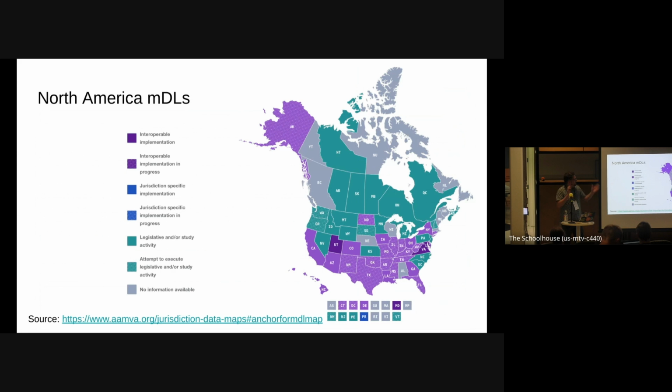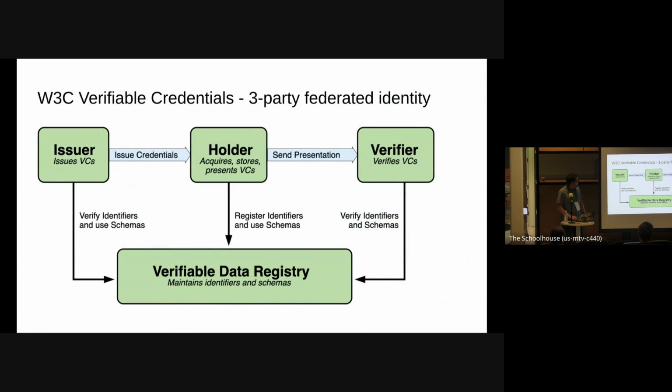Let me expand a little bit more. It's not just California. Much of North America is now rolling out mobile driver's licenses, at various stages. W3C has been working for a long time on this thing called verifiable credentials, and these are all types of verifiable credentials. The key thing that makes them different, and it's very much like federated identity, like normal sign into Google, sign into Facebook, whatever, is that there's a new party that we call the holder in the three-party model, which acts like another user agent. Your wallet is a user agent acting on your behalf, trying to help you manage your privacy and manage your identity. And this has some interesting upsides and challenges.